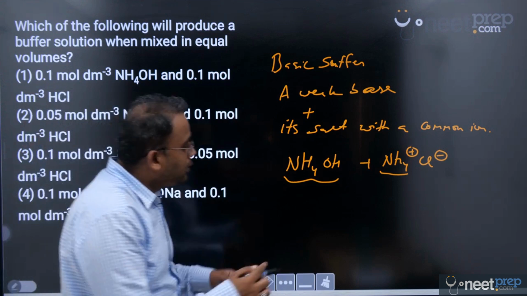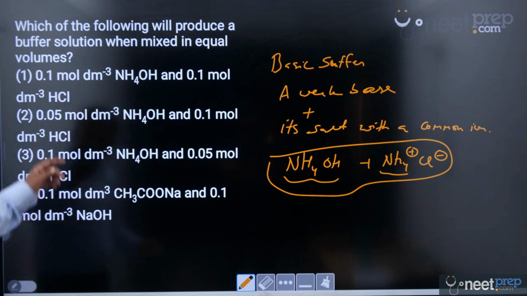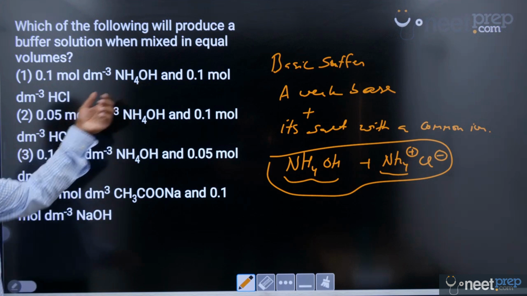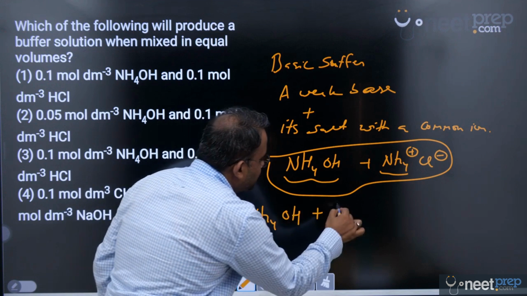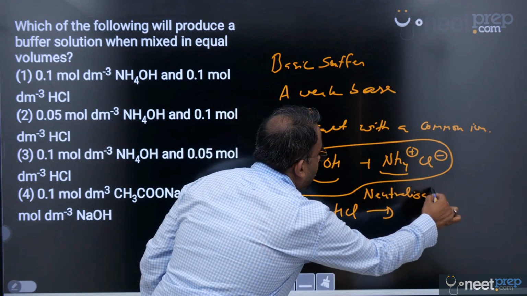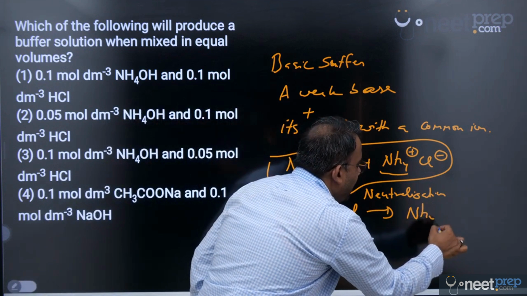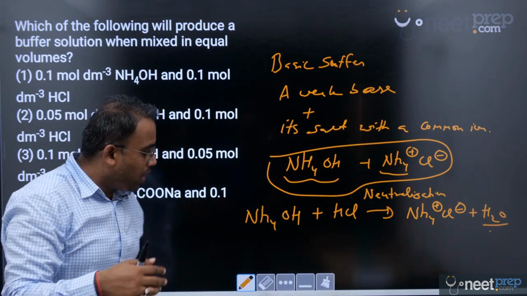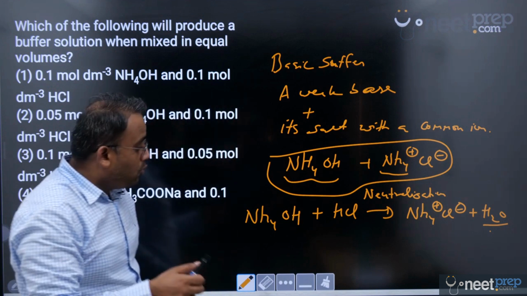So how am I going to develop this basic buffer from a mixture? Now in the first, second and third options, and even in the last option, we have been given a base and an acid. Let's work out the first option. Ammonium hydroxide will react with HCl. It's a simple neutralization reaction between an acid and a base. So what am I going to get? Ammonium chloride and water. Now, if I wish to have a mixture of weak base and salt with the common ion,